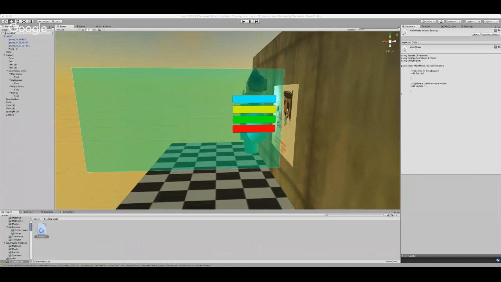To do that, we get the index of our currently loaded level. So SceneManager.GetActiveScene().buildIndex, plus 1. If we now save